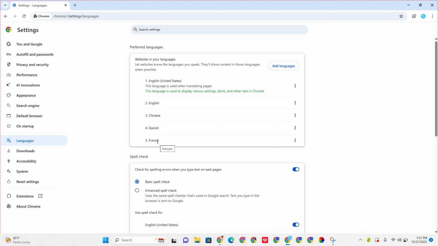So if you'd like to change it, just click on one. You're going to be able to see display Chrome in this language. So once you click on it, you're going to be able to automatically convert your Chrome English display language to